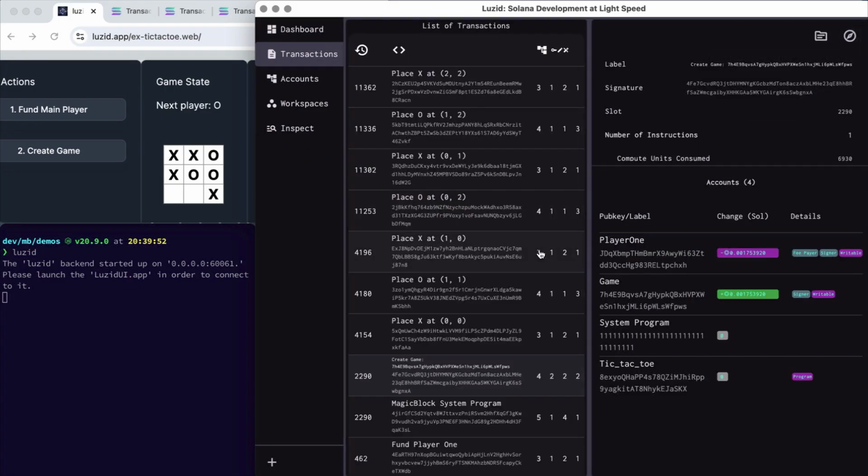And that concludes this video. And in the next one, we will look at the accounts view in detail, which allows us to take snapshots